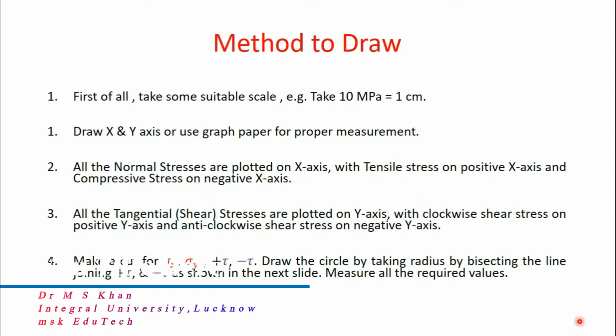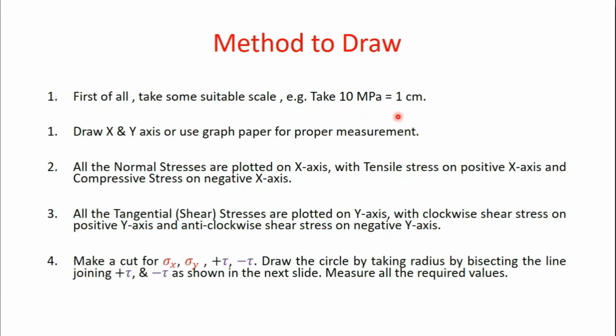Now there are a few points to note while drawing the Mohr circle. First of all, take a suitable scale, for example, normally 10 megapascal equals 1 centimeter. Draw an x and y axis or use graph paper for proper measurement. All the normal stresses are plotted on the x-axis, with tensile stress on the positive x-axis and compressive stress on the negative x-axis. All the tangential shear stresses are plotted on the y-axis, with clockwise shear stress on the positive y-axis and anti-clockwise shear stress on